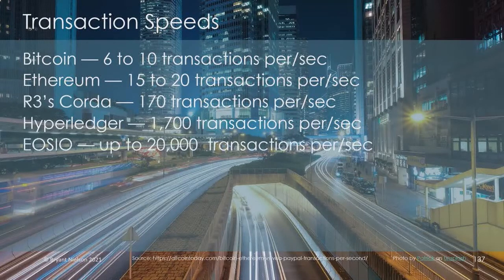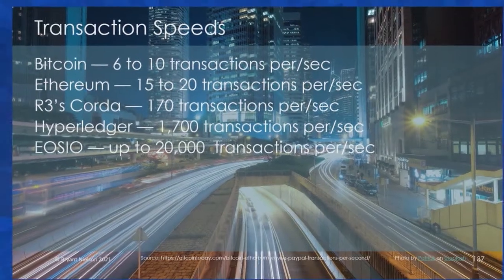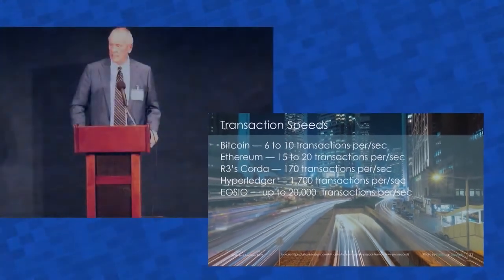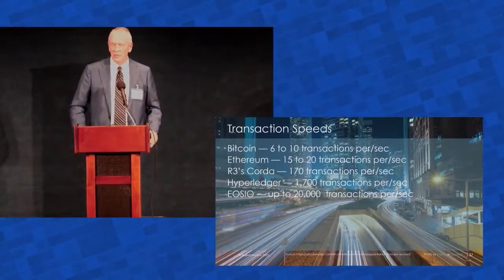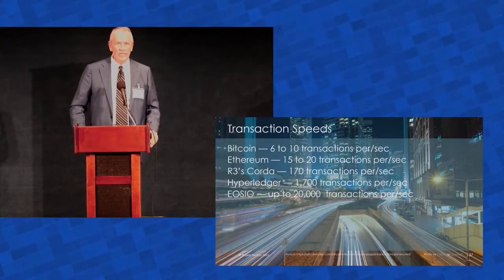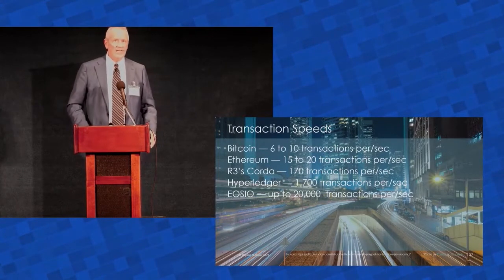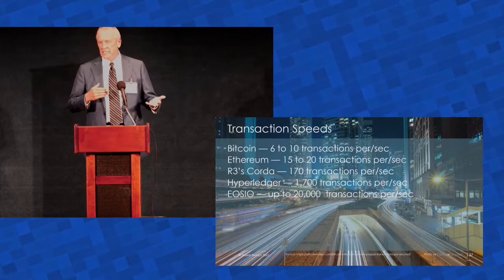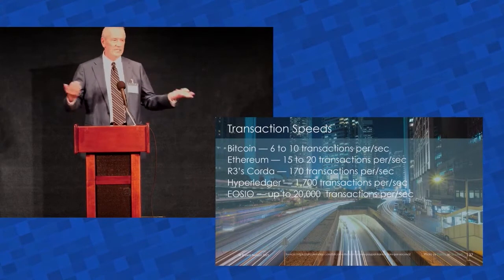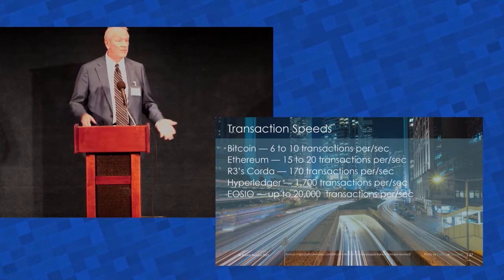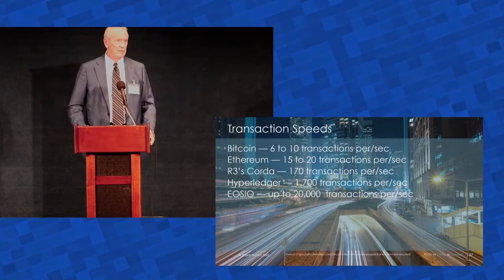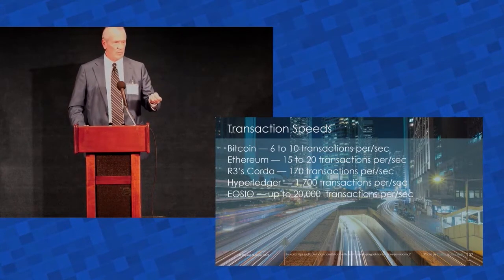Then you introduce a fourth generation blockchain. Now, within the fourth generation blockchains, you have a lot of scaling. These people focused on scaling to an nth degree. They really wanted to say, how can I really, really grow this business? Well, EOS.IO has a range of somewhere between 6,000 to 20,000 transactions, but has the capacity to actually go to about 50,000 transactions per second. Now we're almost getting to the point where we could do